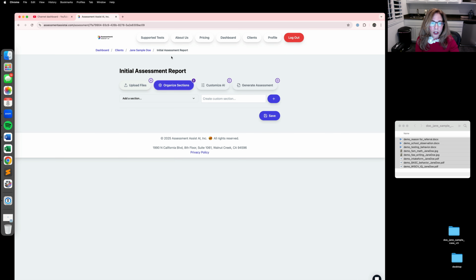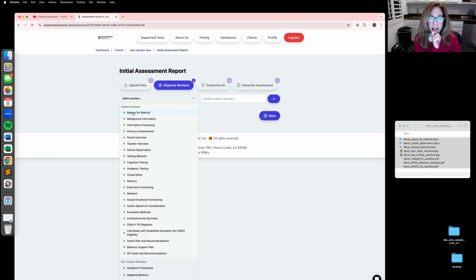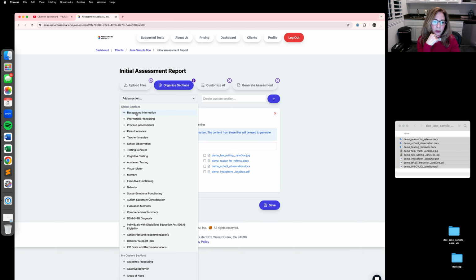So then I move on to organize sections. And then in here, what I can do is I can either go in and add a section that I've used in the past, or I can actually create a custom section. So I'm going to go through, and the order of my report, I like it to go reason for referral,